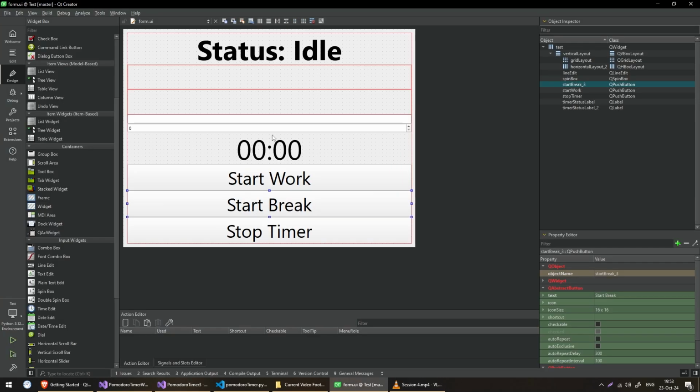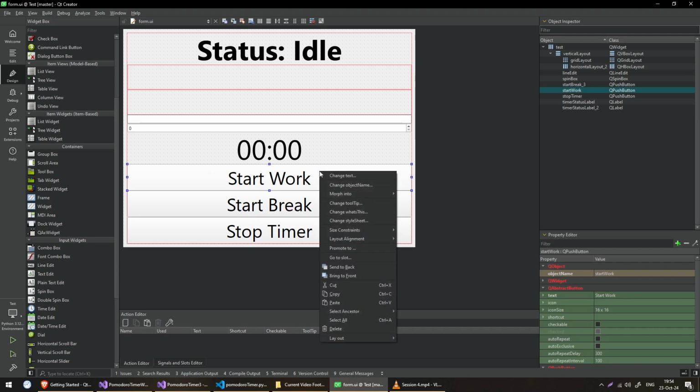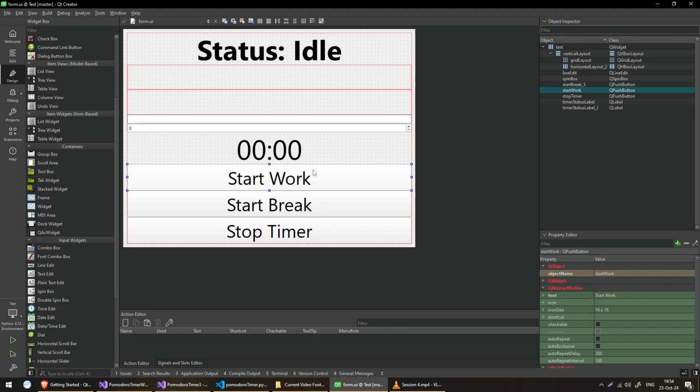And another reason is that it was promised that the editor will deal with the boilerplate code. But for Python, that was not the case. For example, when I wanted to connect this button with a particular function, in the tutorial, they would say to right click and I think it was go to slot. But I was getting some kind of an error and with some Googling, people stated that that functionality is for C++ because you can use Qt with C++. And for Python, you have to write it manually.